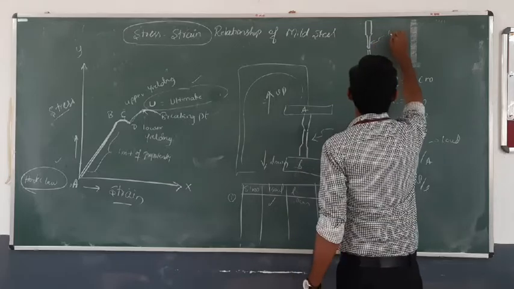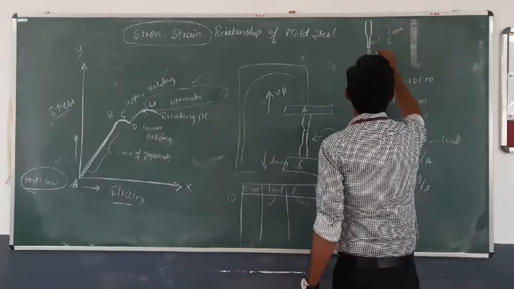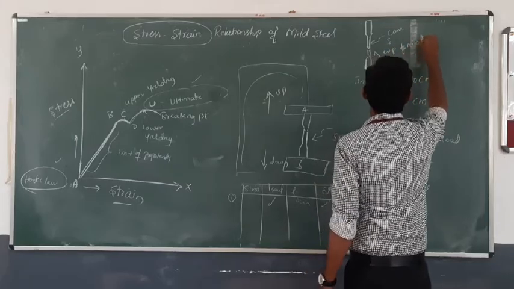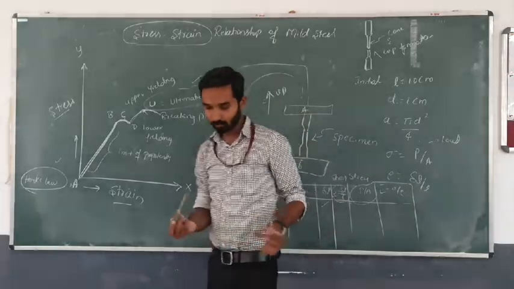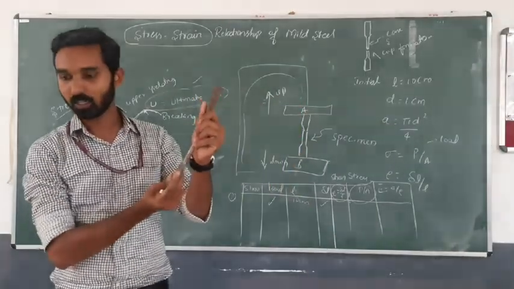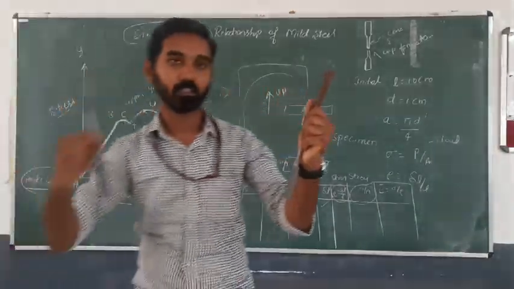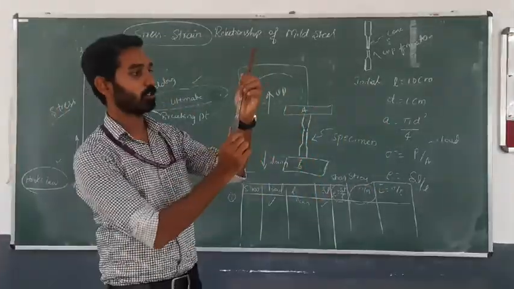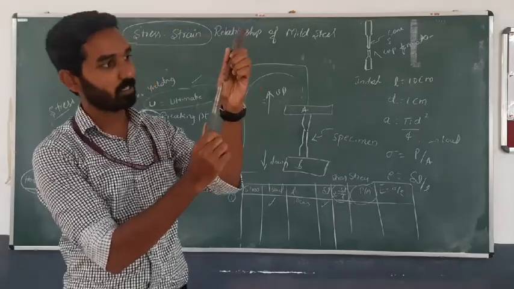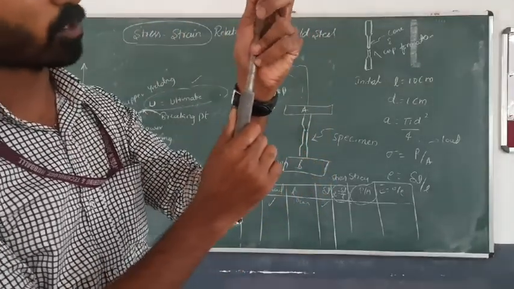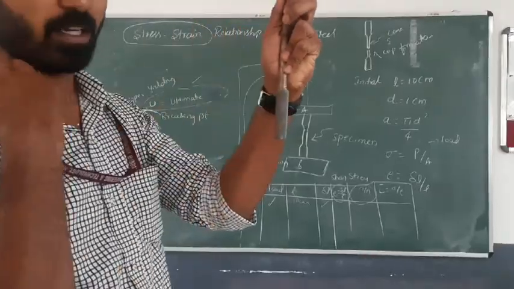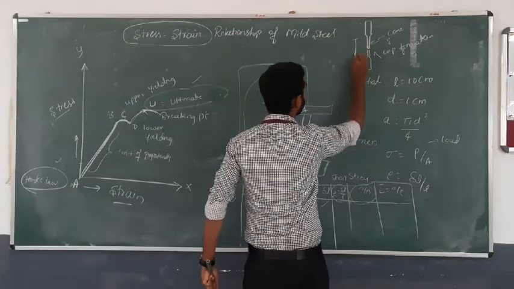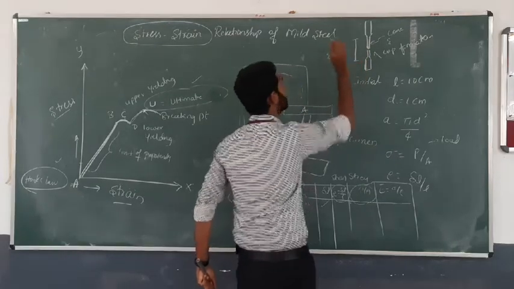Nothing but cone and cup formation. Coning and cup formation, so this one is after the application of the load. Initially the specimen will be like this. After the application of the load, the length increases, and you can see here clearly that neck formation has been done. Neck formation will be going on, so the length of the specimen has been increased.